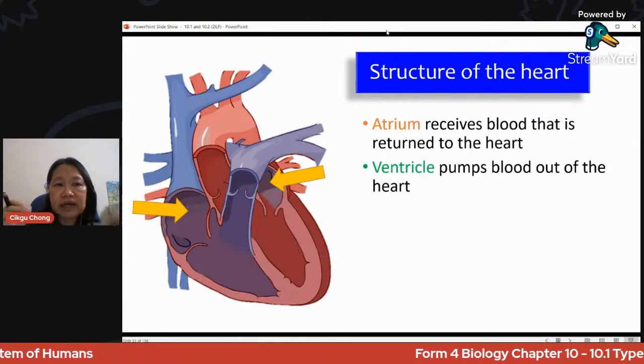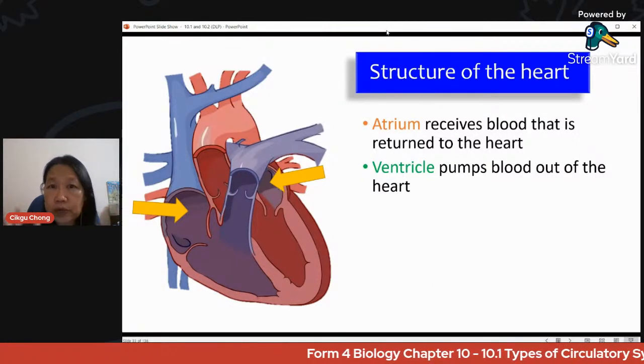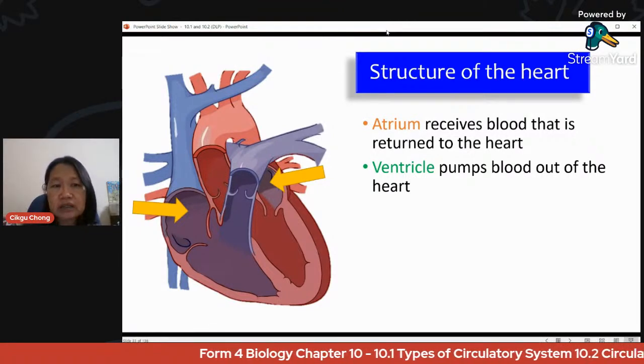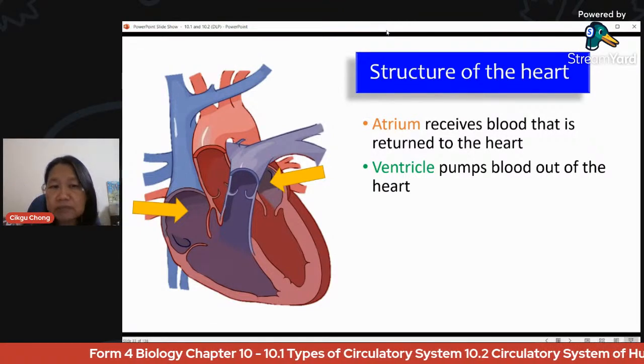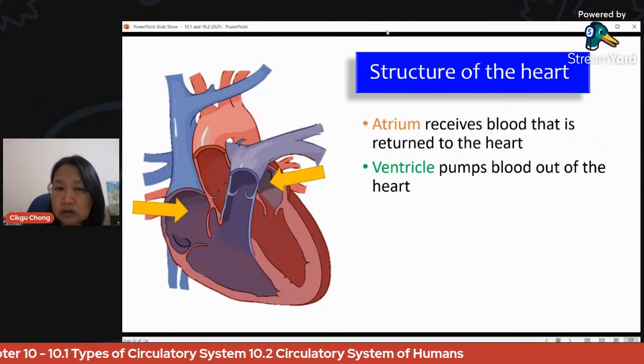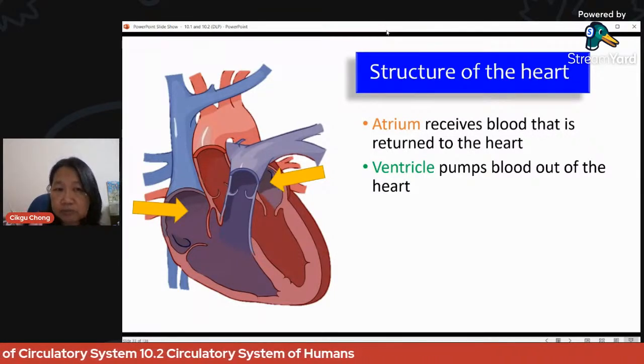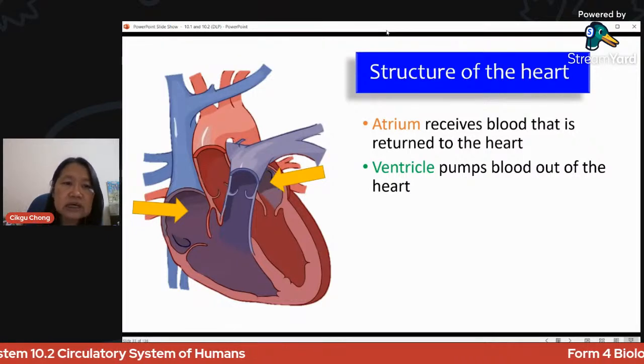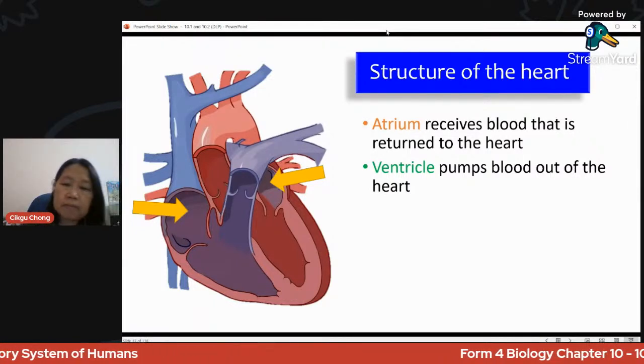So after that, the atrium will contract, and there's no way to go except downwards. There are 2 valves here. It allows the blood to flow downwards into the ventricle. And after that, the ventricle will contract. These 2 valves in between there will close, and it goes up the 2, we call it the major blood